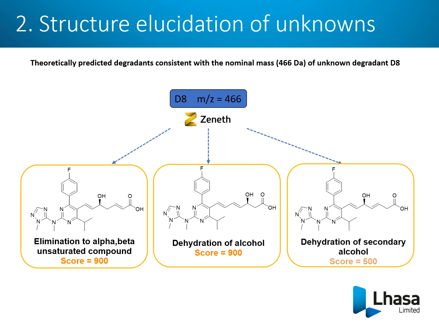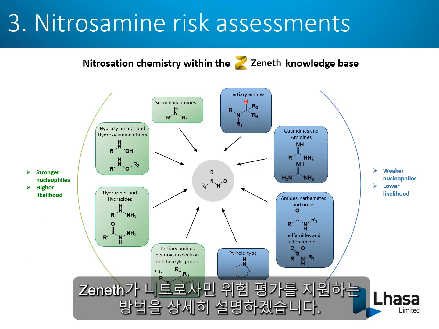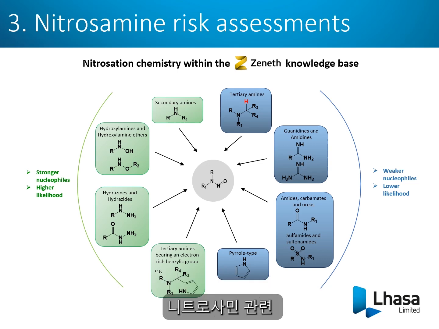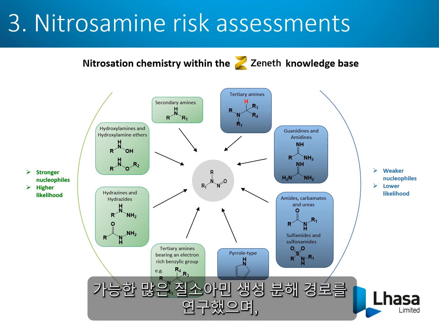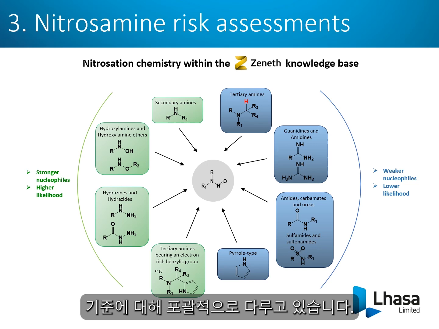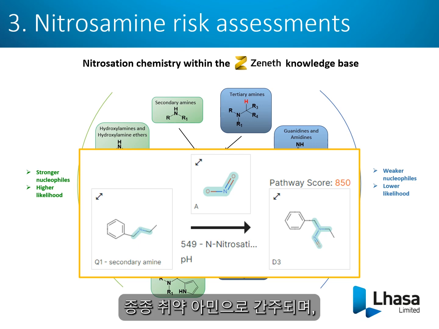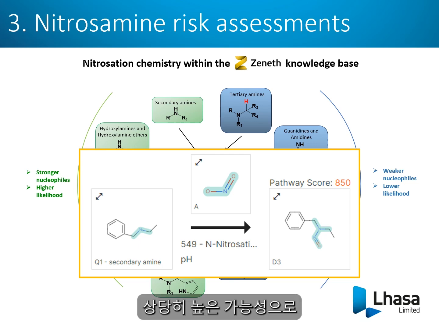For the third use case, I will detail how Zeneth can assist with nitrosamine risk assessments. The risk of nitrosamine formation is, of course, something that has impacted many stages of the drug development process and many industries. To assist with this global issue, we have researched many theoretically possible nitrosamine-forming degradation pathways, and we have coverage of all the shown functional groups. For example, secondary amines which have appreciable nucleophilicity are often considered vulnerable amines, and will be predicted to nitrosate with a reasonably high likelihood,